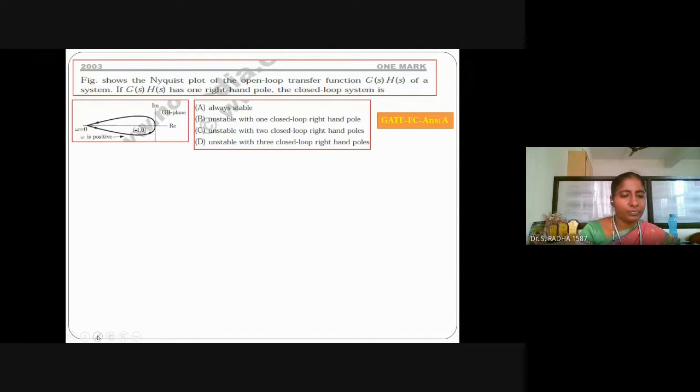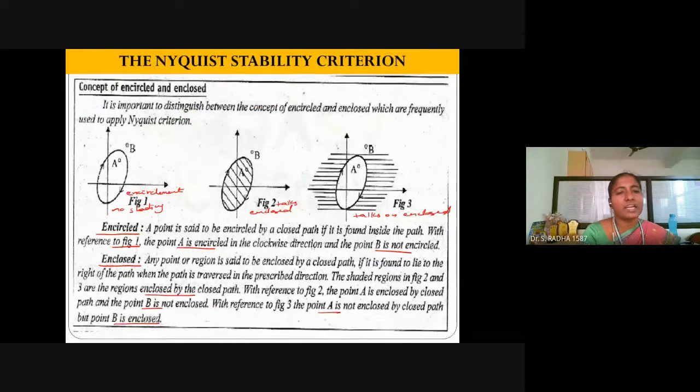Now, this is our question. The figure shows the Nyquist plot. There is a straight line joining the head and tail; you need not worry about that. We are dealing with whether encirclement is happening for the critical point -1 plus J0. This is called the critical point. In the Nyquist plot, we will concentrate on whether -1 plus J0 is encircled.